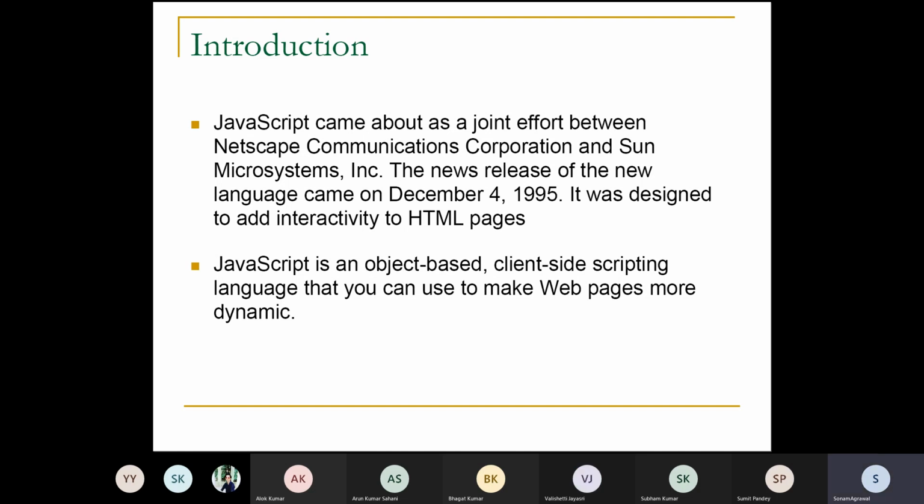Now, second point, JavaScript is object based. Now, see this thing carefully. It is object based, not object oriented. Got it? So, JavaScript is an object based client side scripting language that you can use to make web pages